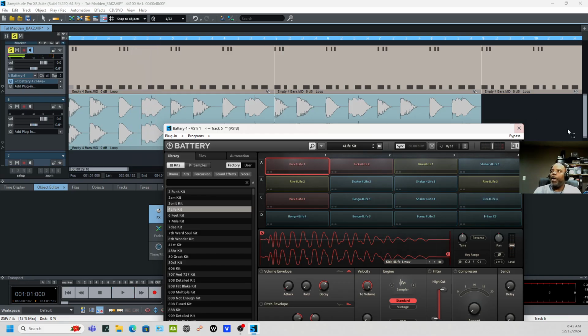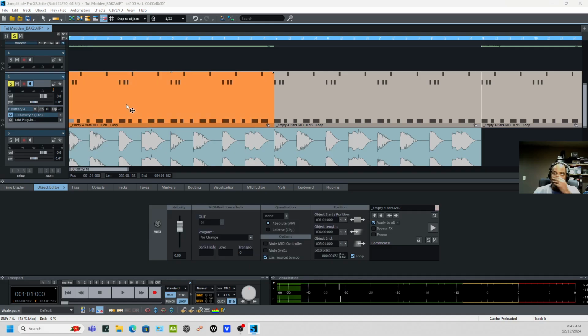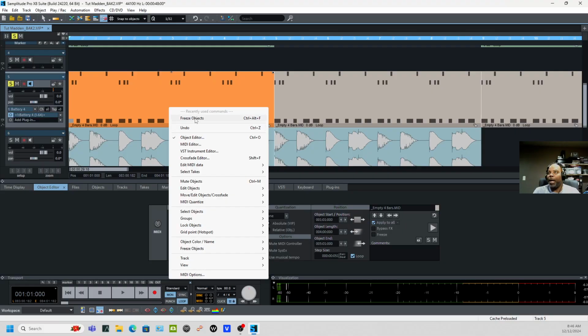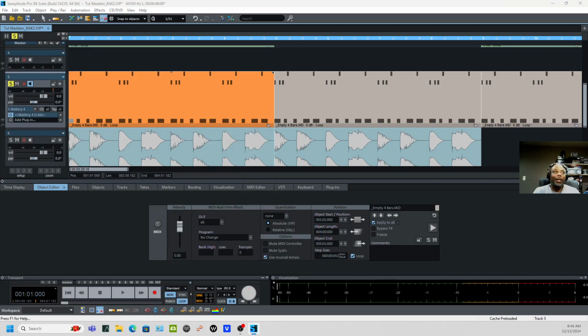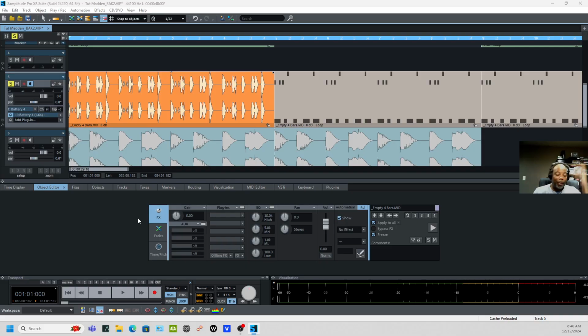All right, so here's the step. Pro Tools does this as well. If I click this object, when I right click it, there's an option to freeze. Once I click freeze, let me pull this over. This gives you a reading of what happens when you freeze the object. It turns it into a wave format, plain and simple, right? So now